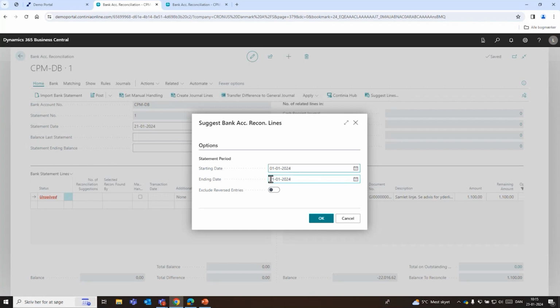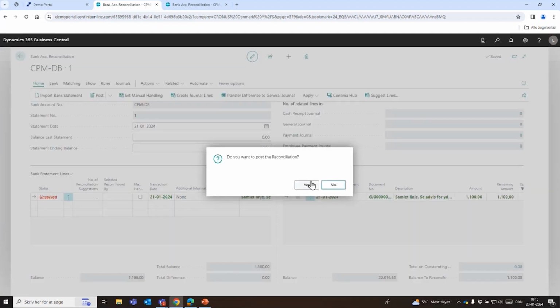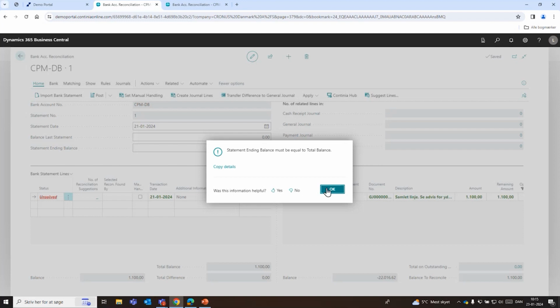And the ending date is, as you can see, the 21st, which is the cutting date for me. And then press OK, and it'll create the statement line that I need to be able to apply and close this bank account ledger entry. From here, I'll press post, and then I'll get an error,